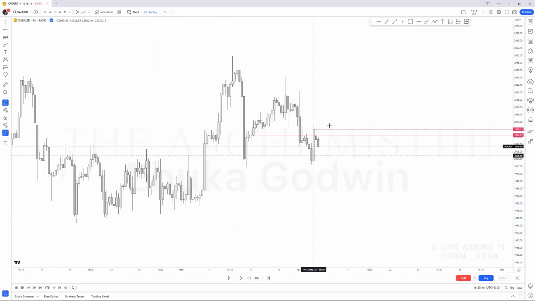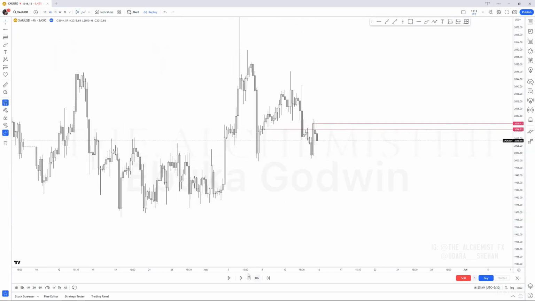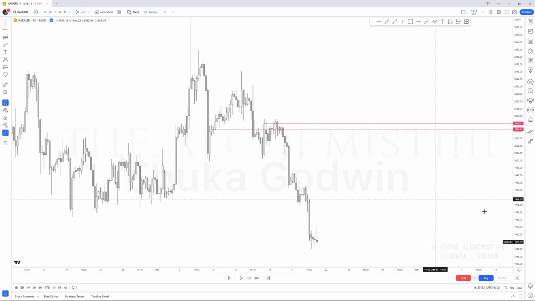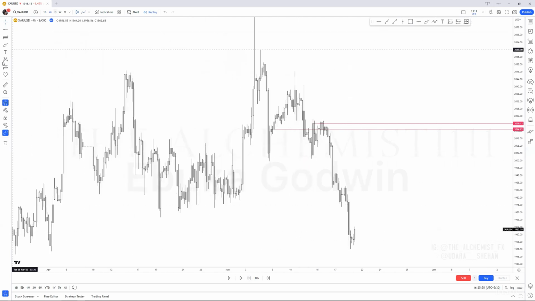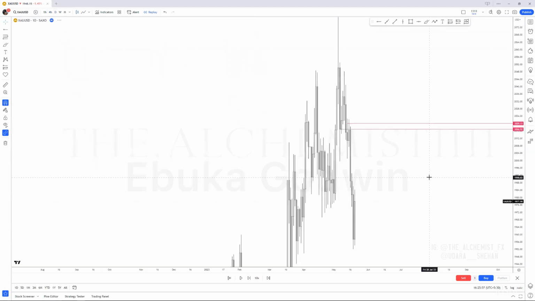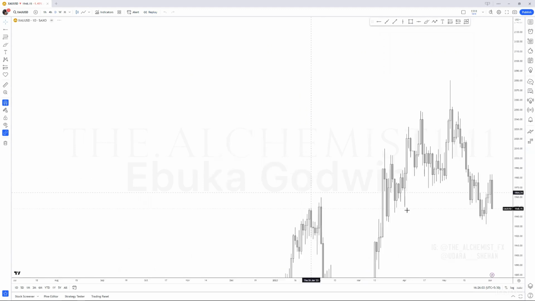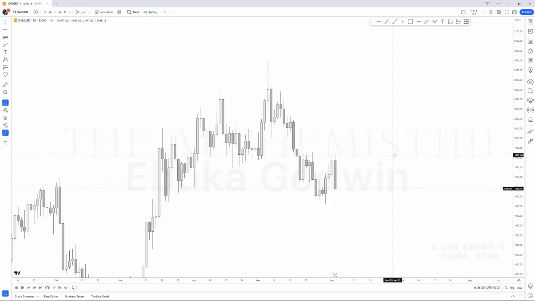We have that zone in here. Okay, we have that zone, and then what happens? There it drops. See that? Very nice. Okay, so yeah, that was a nice trade. That was a nice trade from all those areas. And what else? What else? Let's see. Let's try to see more examples of SPR maybe.